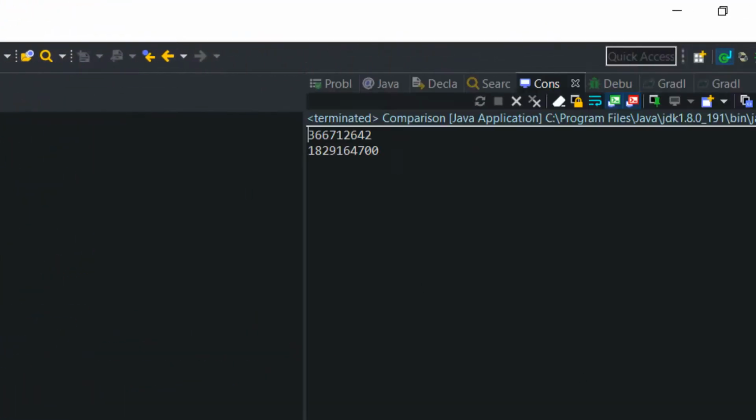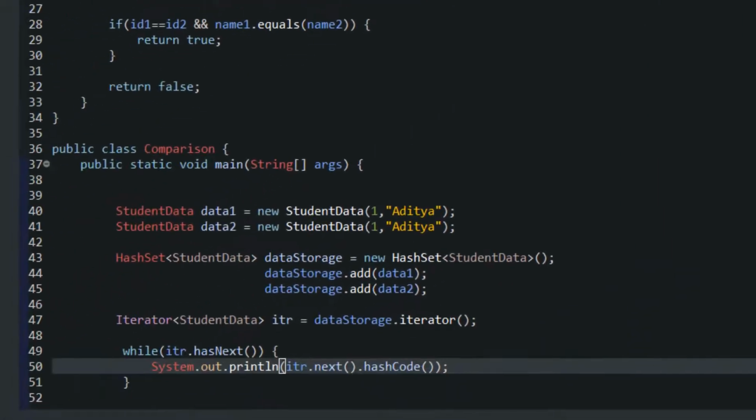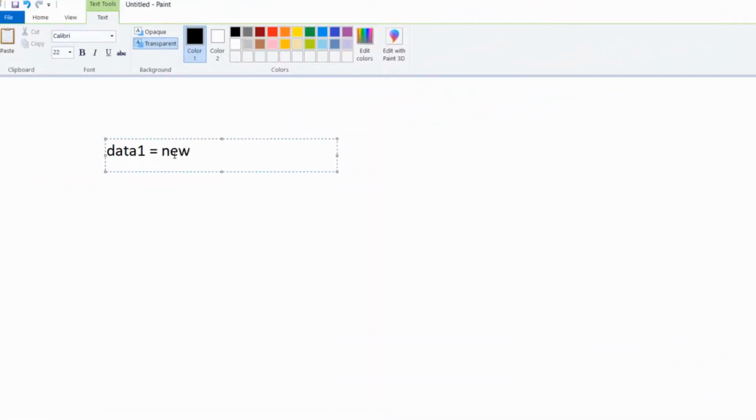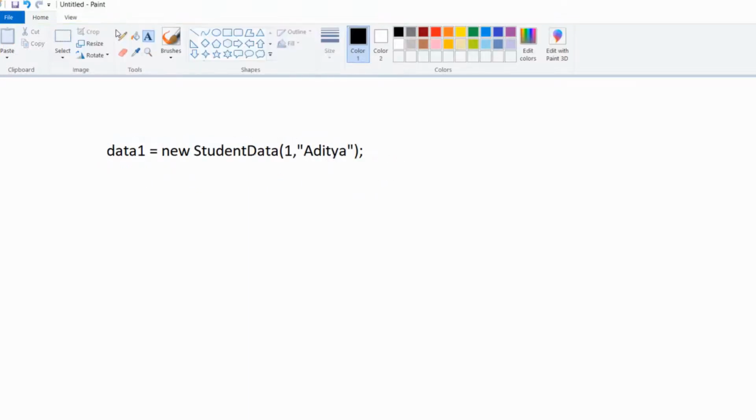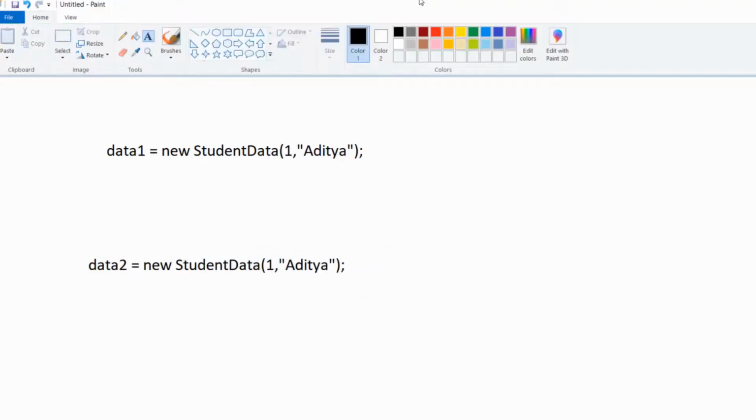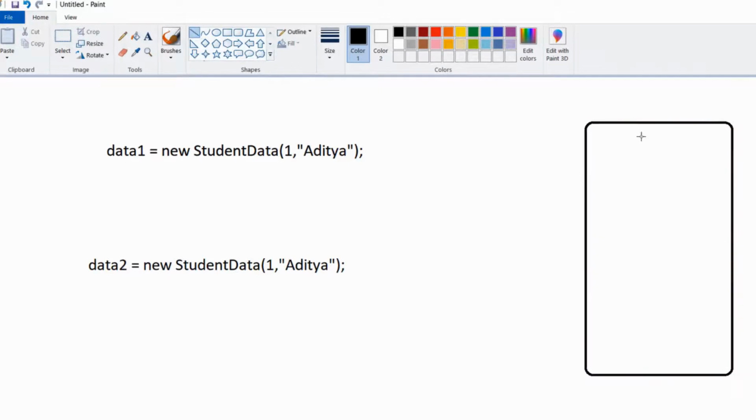Let's execute the code again. Now here you found out that there are different hash codes for data1 and data2. That means whenever I write data1, new StudentData, 1, Aditya inside a HashSet, first of all this data is going to generate some sort of hash code with a calculation.